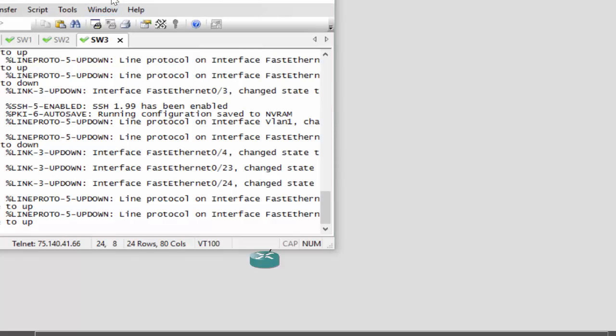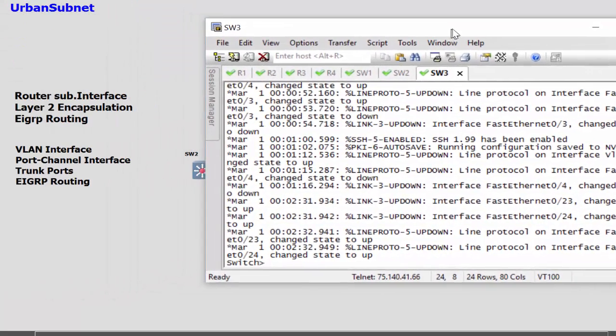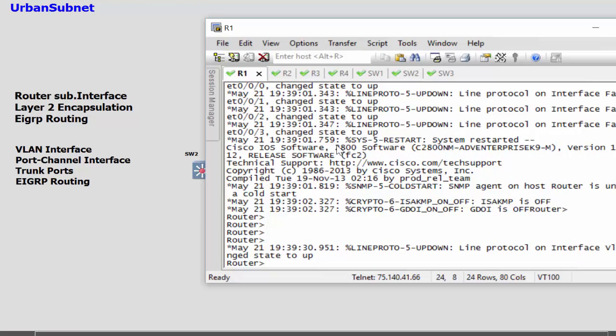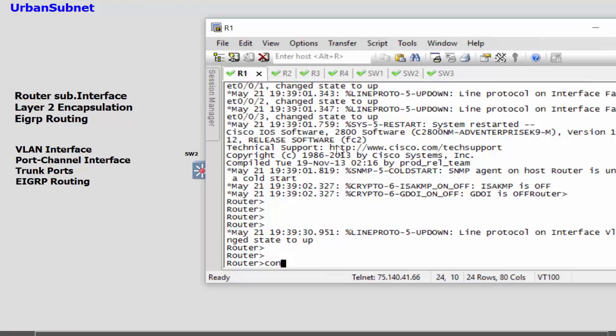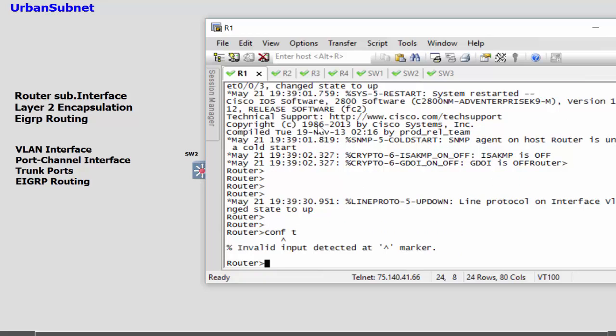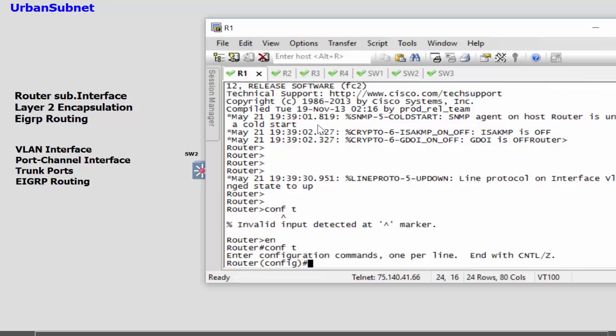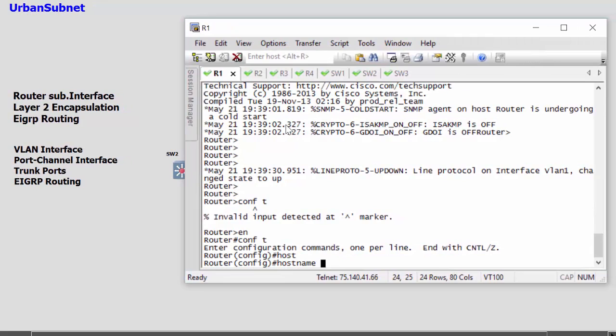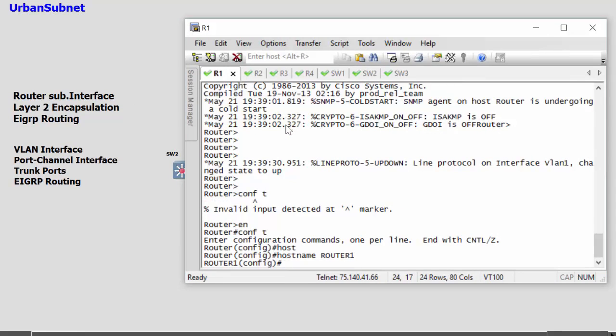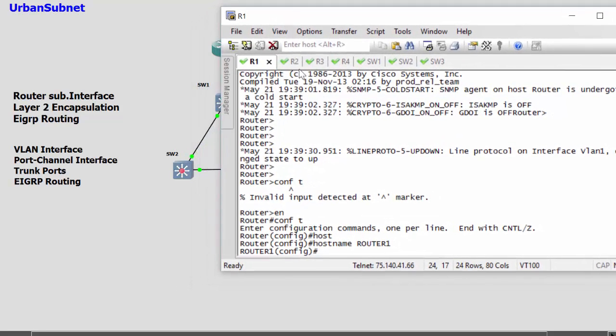First thing we'll do is we'll start with router number 1. So let's go ahead to router 1, enable, config T. Now first thing, let's do some little housekeeping here. Hostname router 1, and then we're going to